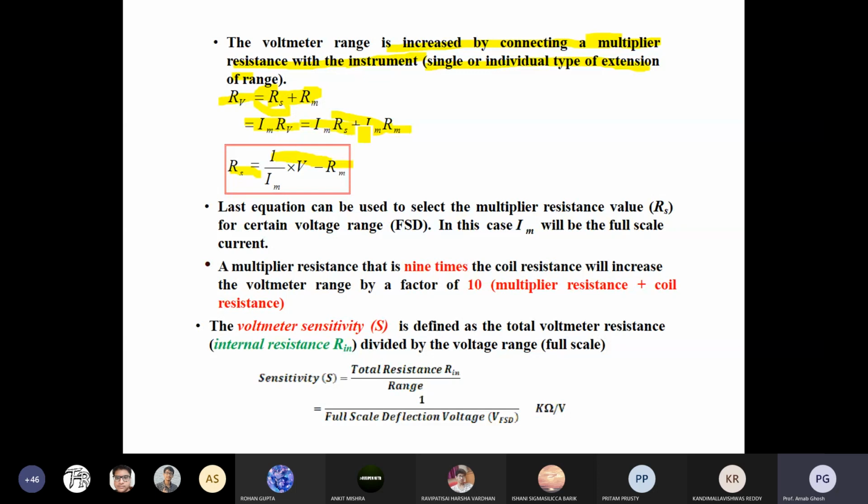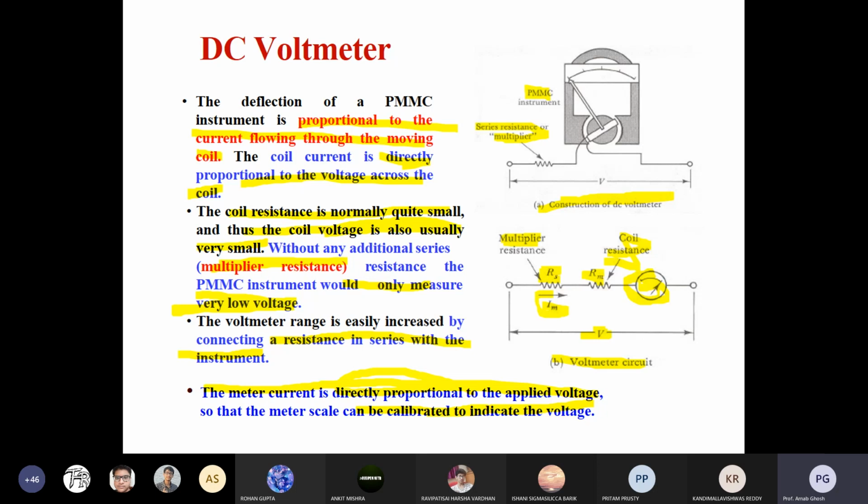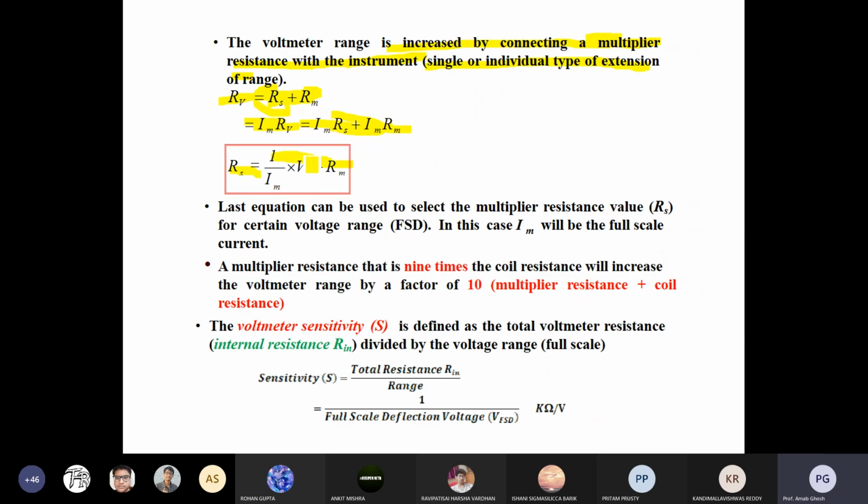IM RV can also be written as the potential drop across the voltmeter, where RV is the resistance of the voltmeter. So it is written like that as V, the voltage measured across the voltmeter. Directly you can replace that value of V. Now cross multiplying with IM, IM will cancel on both sides, so it is coming V by IM. Simple thing, you just rewrite that equation in the form of voltage.